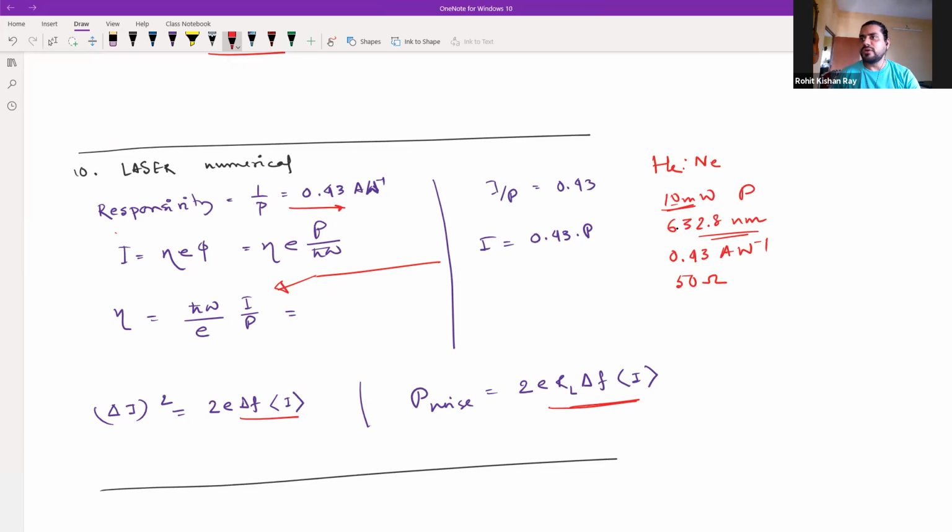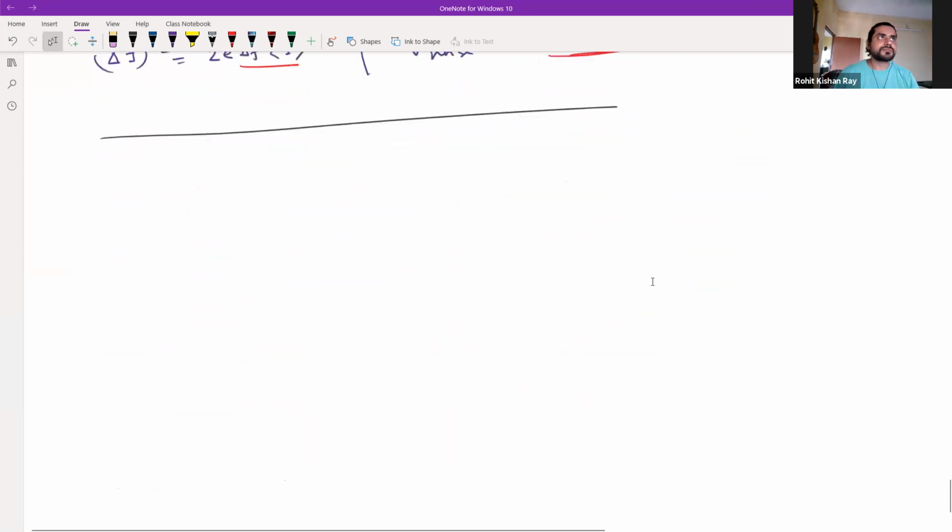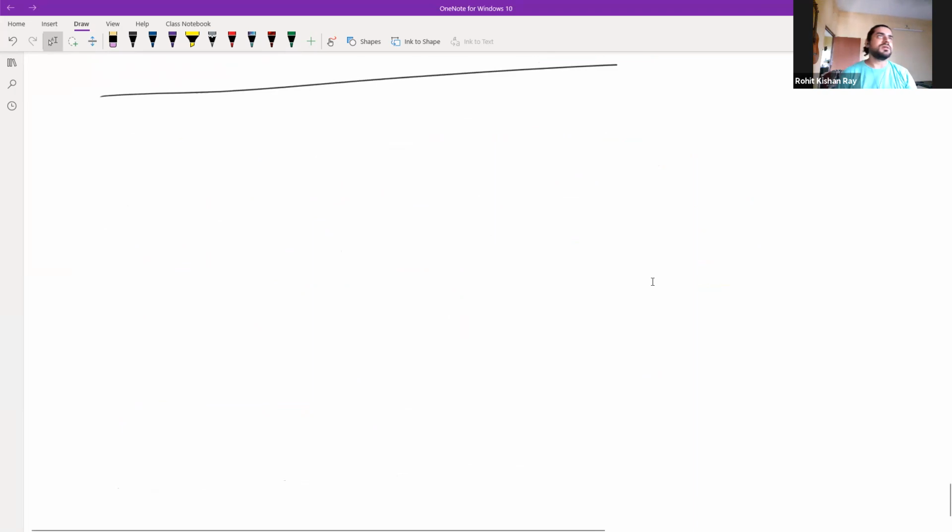So now we move on. We have 4 more problems to do, and I will give hints up to 11, 12, 13. 14 I have not done, so I will leave that for next time. So 11 is basically something you have to do step by step, and that is how the problem can be solved.